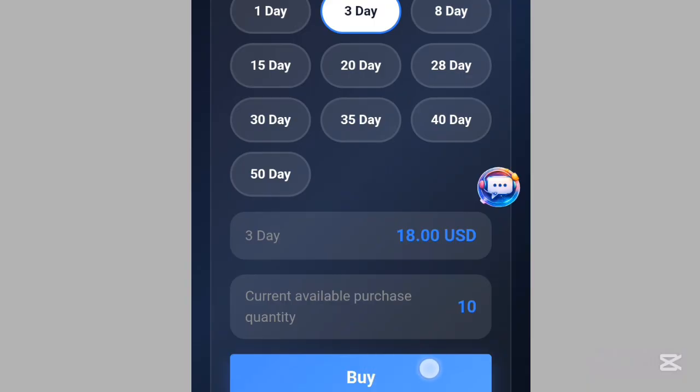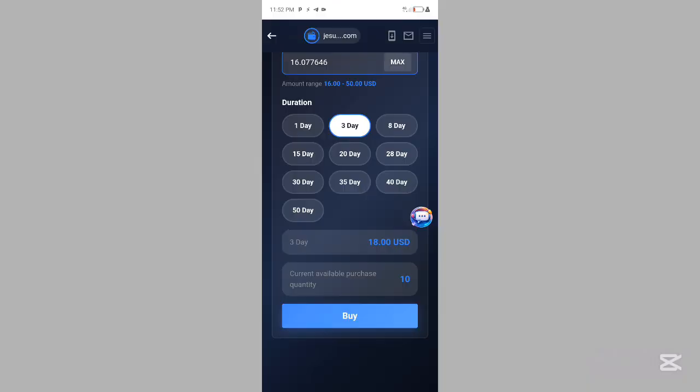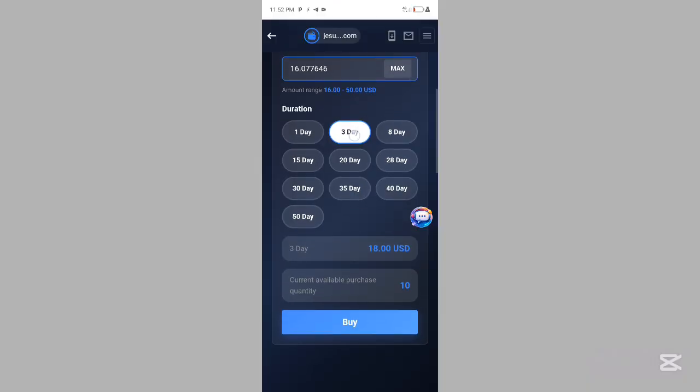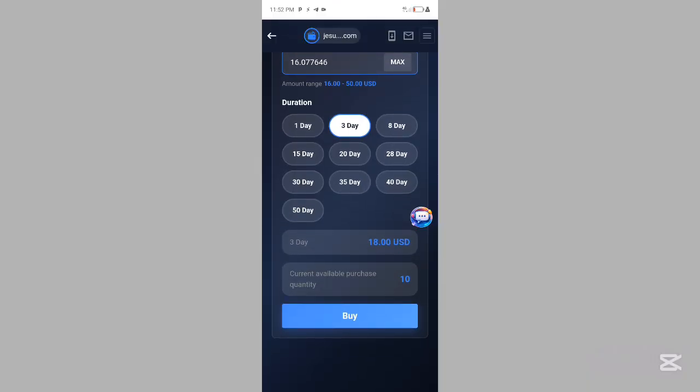So it will add to an order, right? That will return for you after the 3 days. This 18 USDT will return. So you earn based on your money, right? Because here's how the percentage works. If you tap on the more